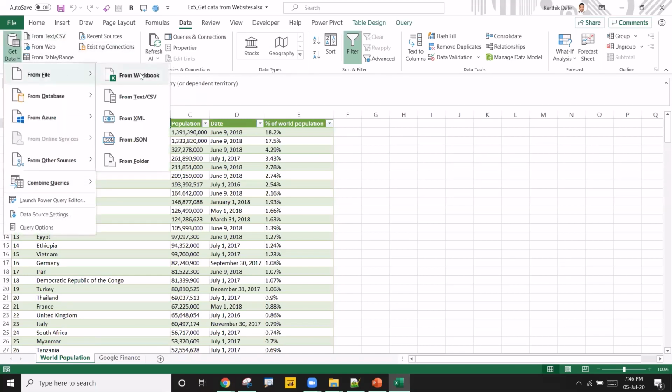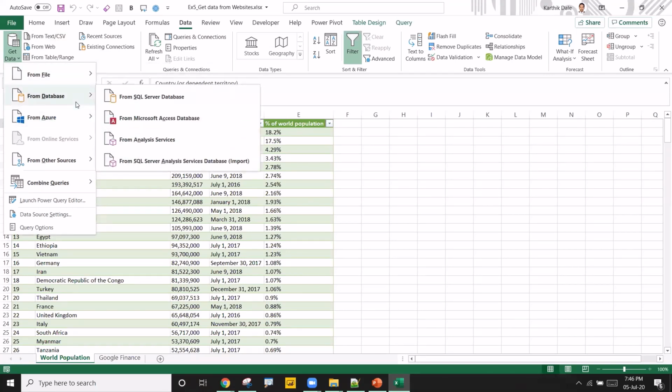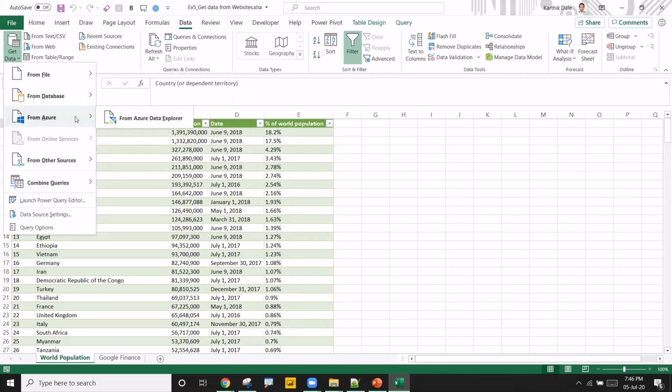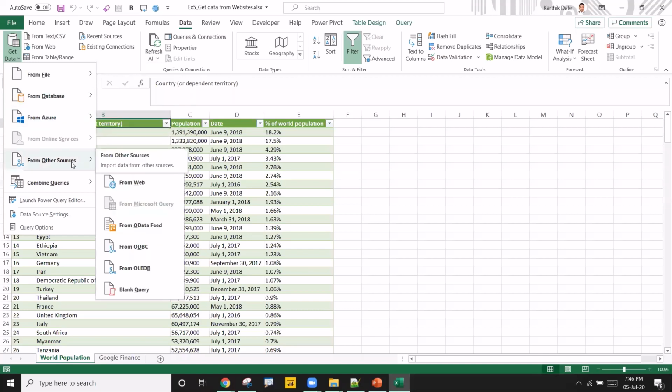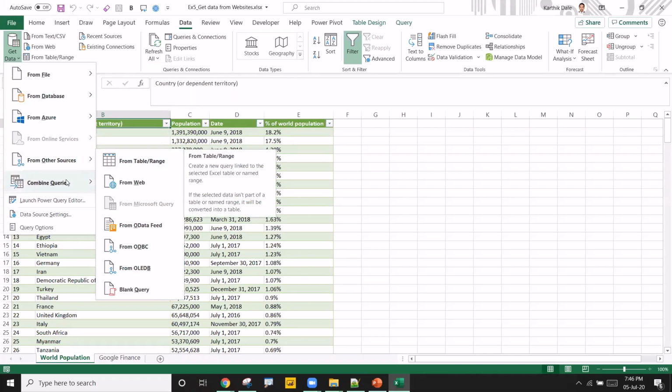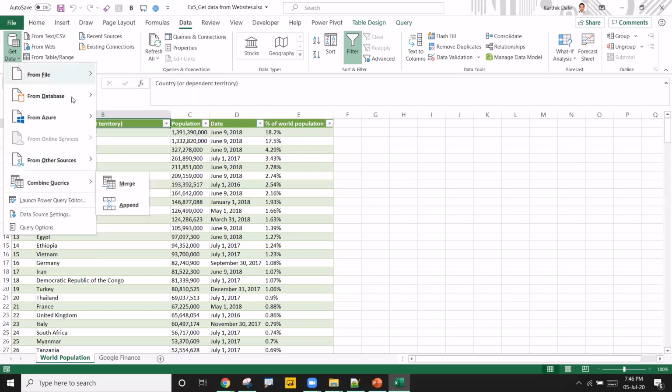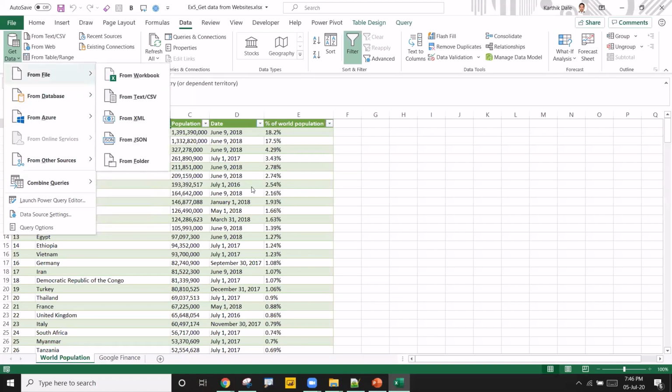You see workbook, text, CSV, XML, JSON, folder, or different databases, or Azure online databases, other sources. Earlier it used to be Facebook also, but recently it got removed. They stopped giving support to it. Earlier we used to get the data from Facebook also, if you know the ID. Then combined queries.